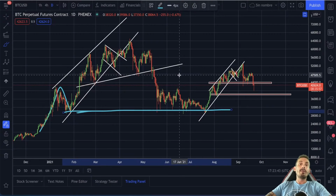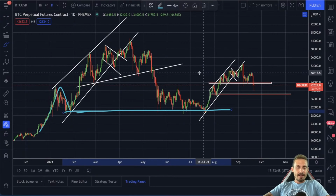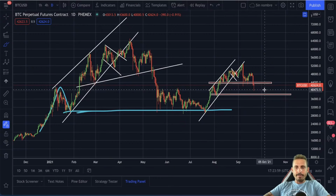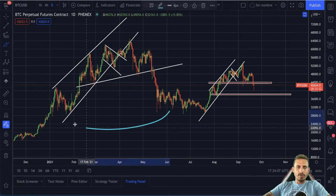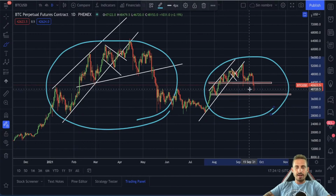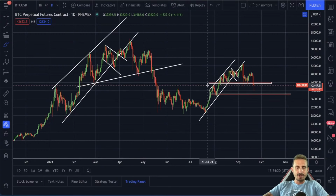So if we were to mirror exactly what we did, and we've been making excellent trades since the top here down below. Also been making great longs here inside of the channel. Now, if we were to have an identical drop that we had right over here, looking at the same measured moves, if we want to mirror the exact situation from here, this means we would drop all the way down to round about the $38,000 range, maybe a little bit below this range,